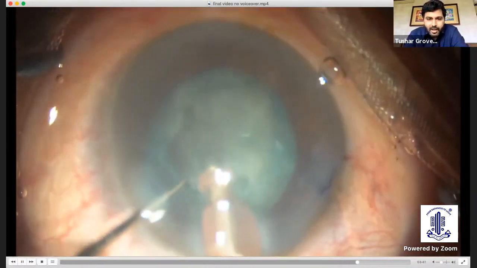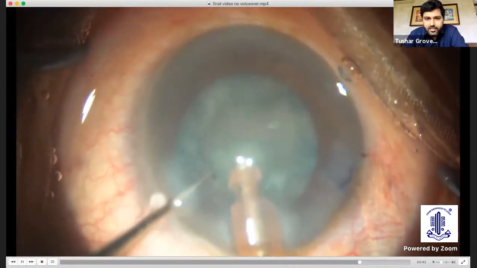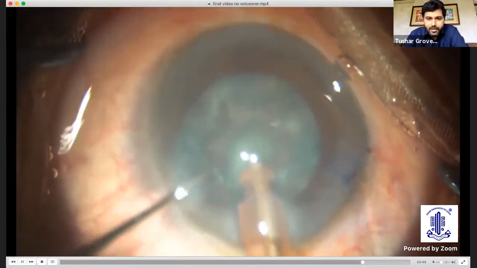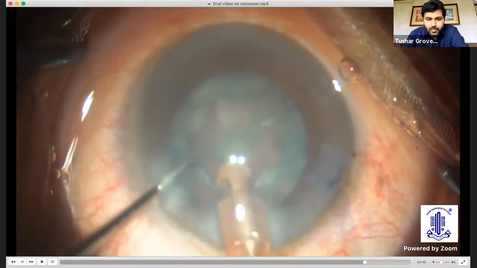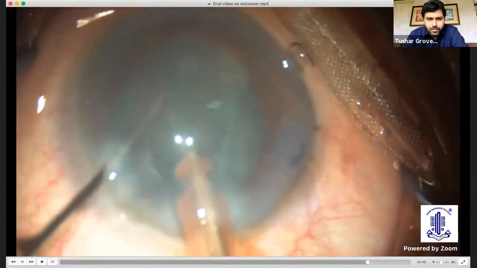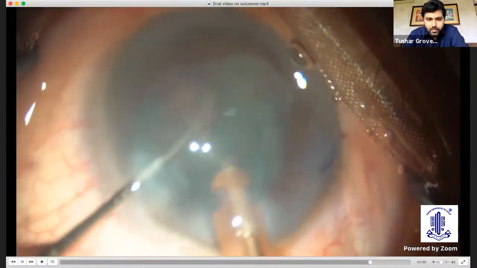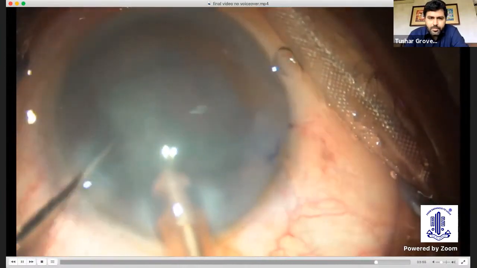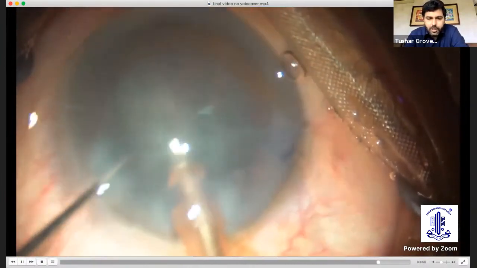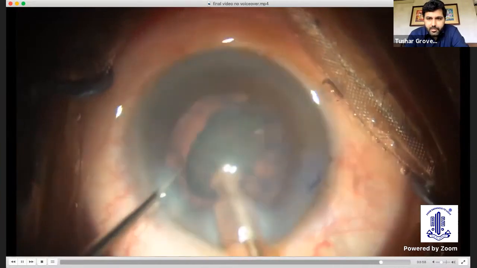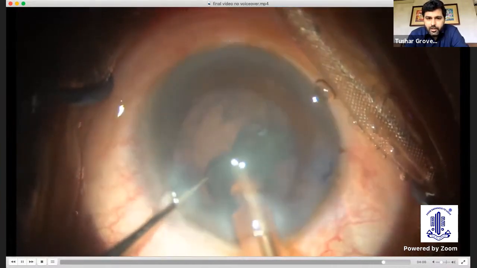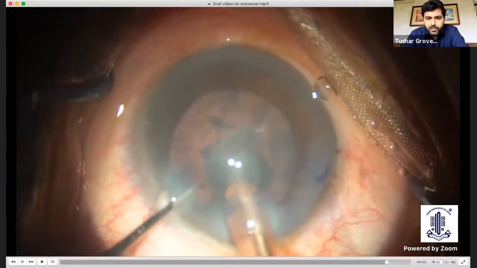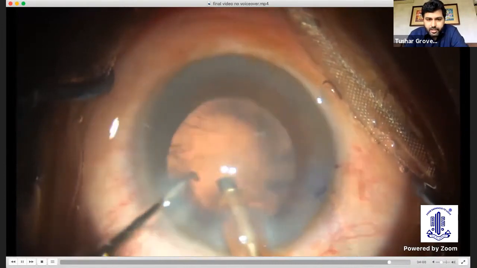And then I did the phacoemulsification in the central safe zone, making sure I don't grab any of these flaps. And the rest of the procedure was quite routine with slightly reduced parameters. And also important to make sure that there are no fluctuations in the anterior chamber depth here, because you don't want, again, pressure fluctuations causing extension of the tear posteriorly.